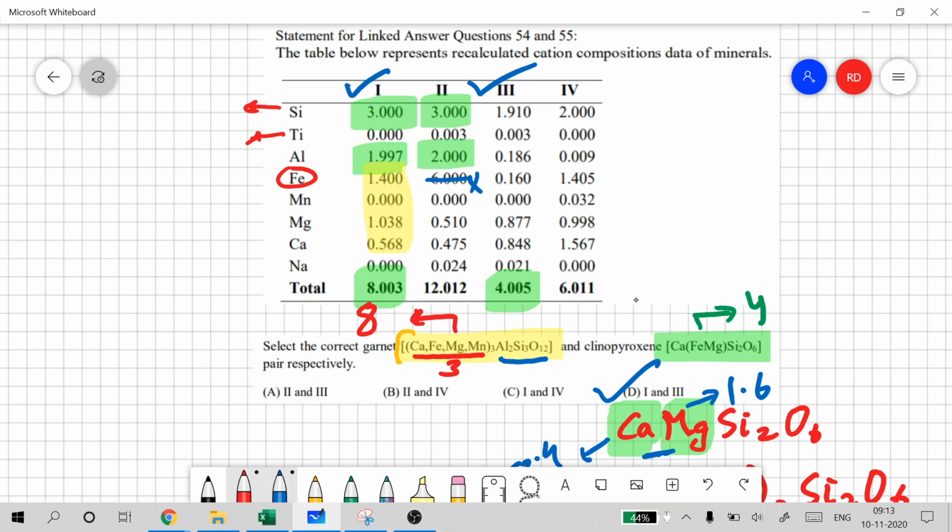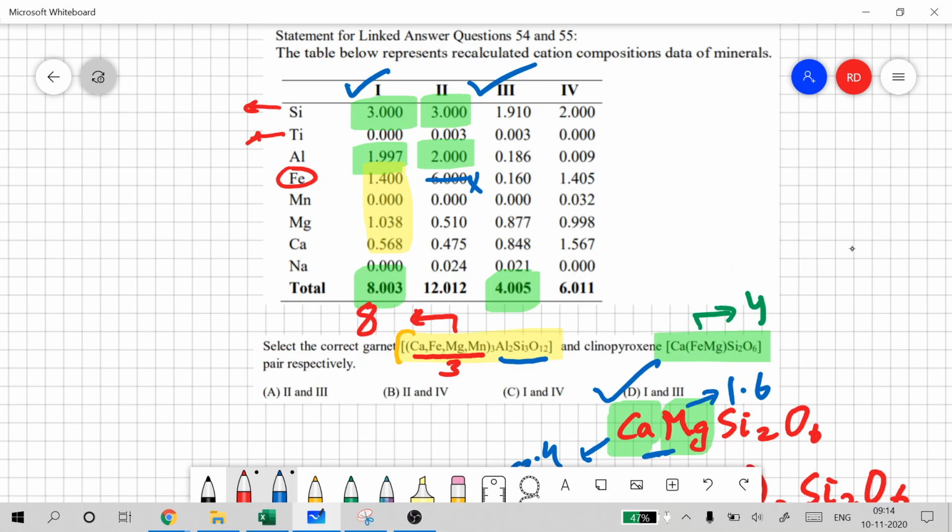Similarly for clinopyroxene, if you look at the Ca to Si ratio, it is 1:2. Both are slightly different in this particular case. One is 0.84, but this is closer to 1. You are not getting the exact value of 1. Maybe some solid solution could be there, but if you take the ratio of Ca to Si, it is approximately 1:2. In this case it is not correct. Even the fixed cations which are not in solid solution are not matching.